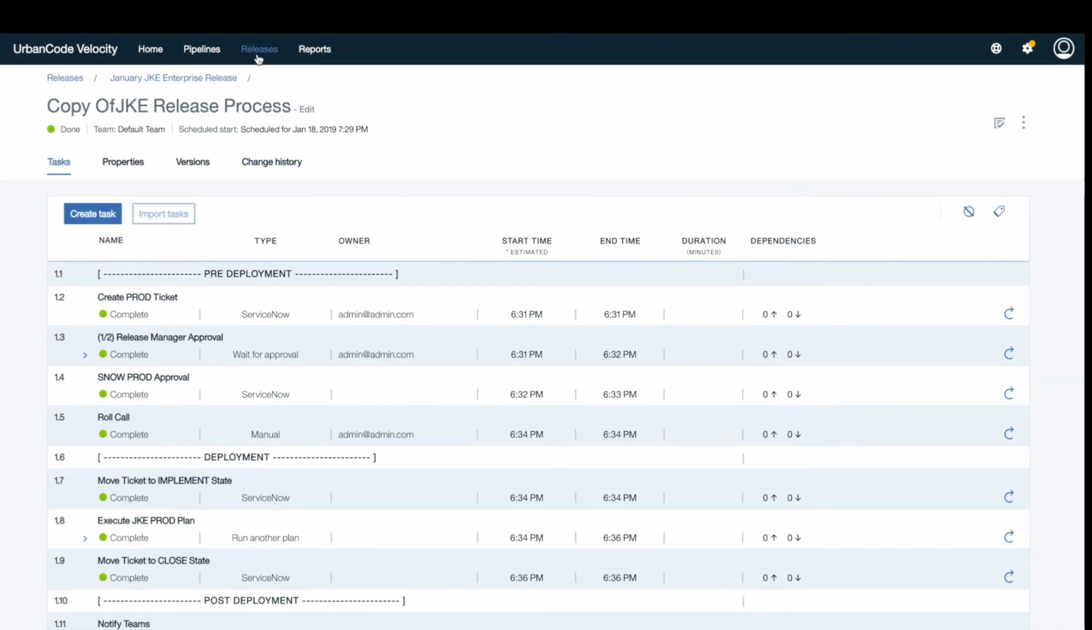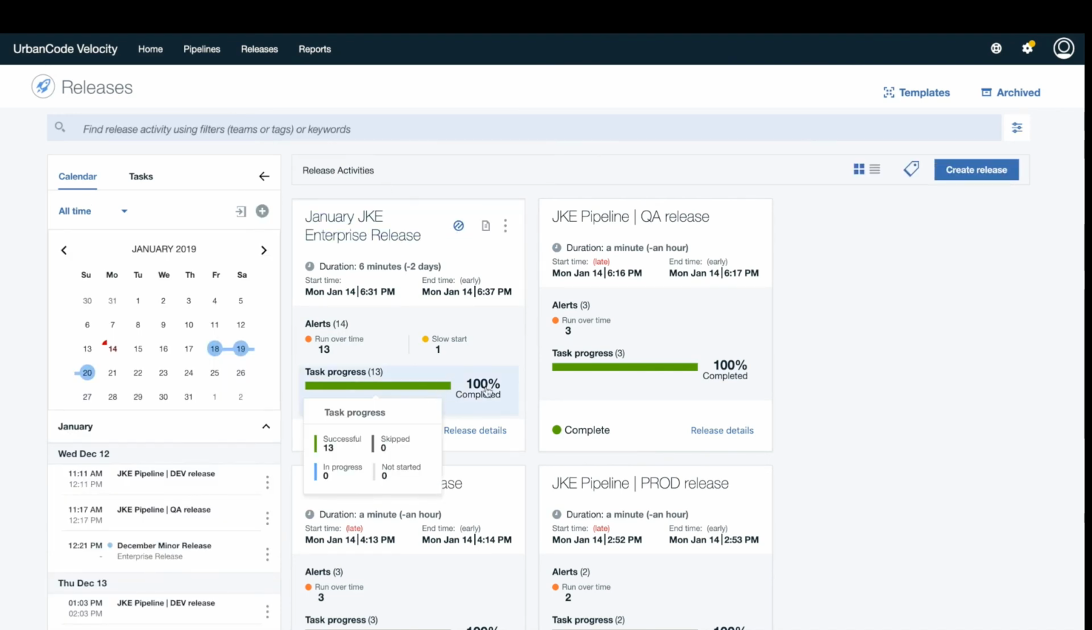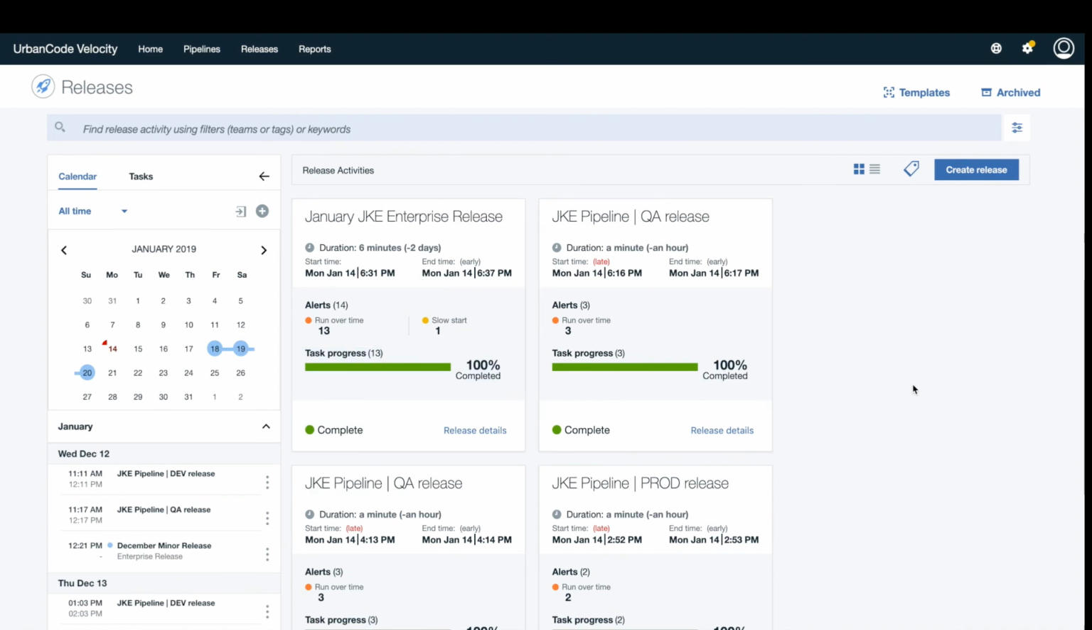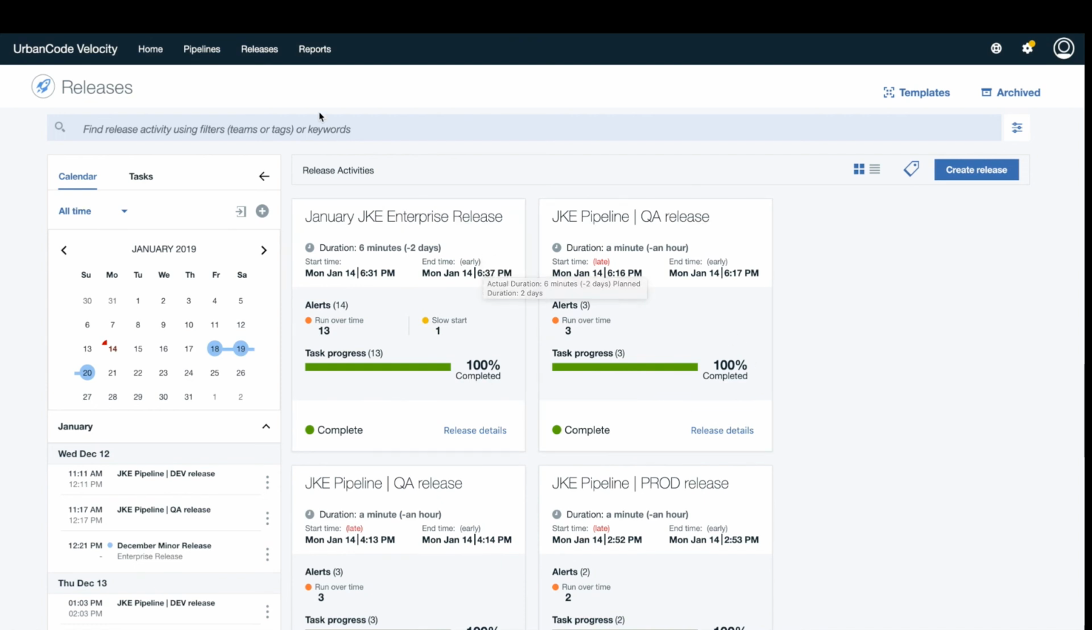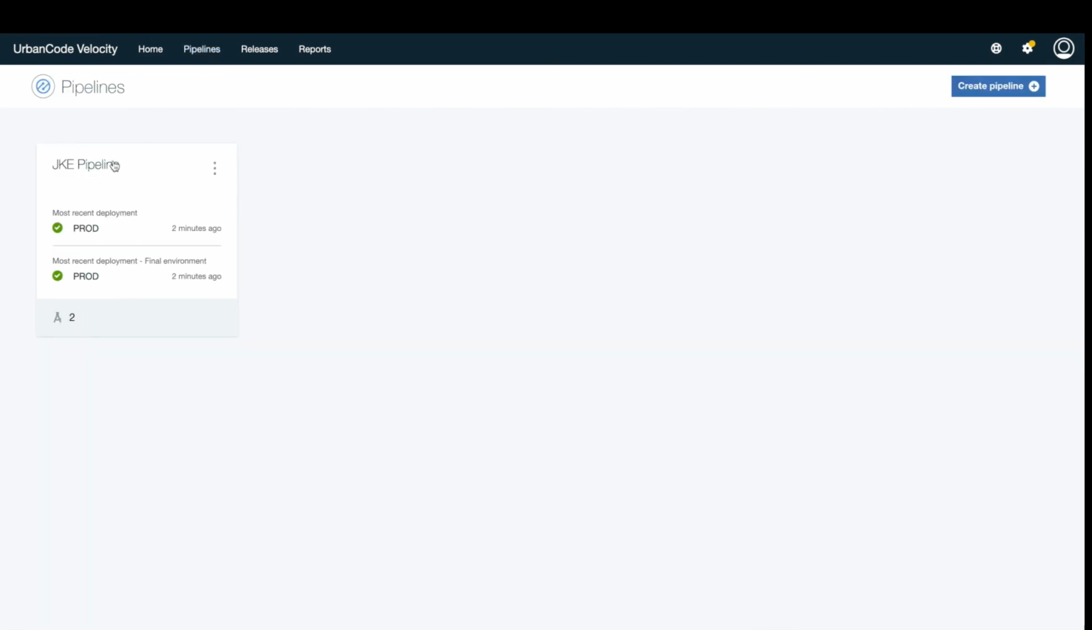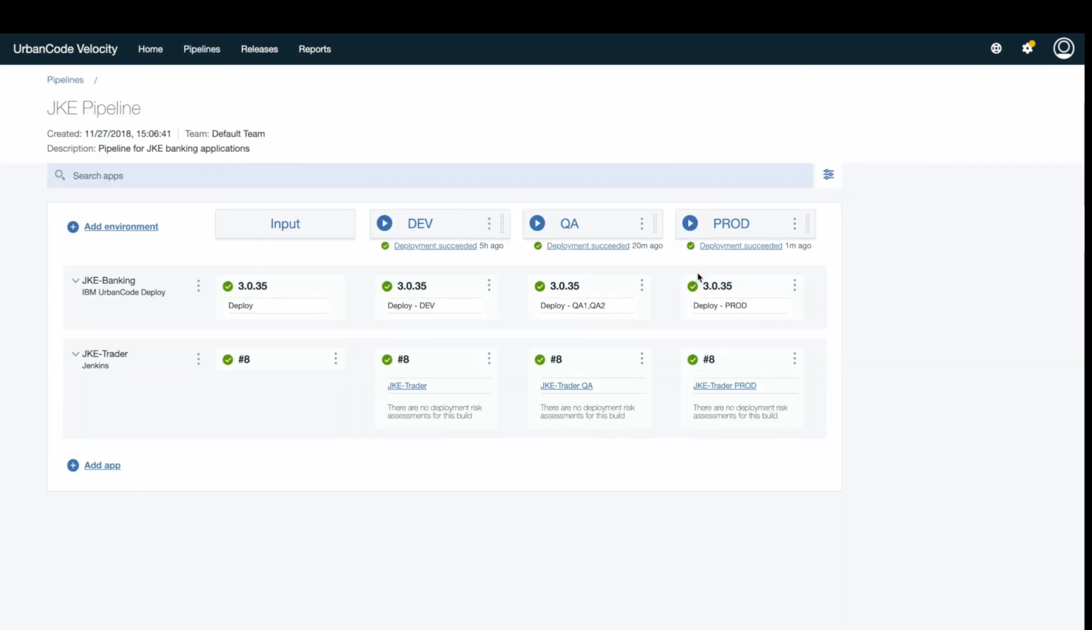If I go back to my releases tab, I should see my January JKE Enterprise as 100% completed. There it is, 13 successful tasks, 0 skipped, 0 in progress, and we get a little bit of metrics on that. We're a little bit early based on the dates I selected, so we're looking pretty good. And if I go to my JKE pipeline, which was what I added to that release, we can see that we have updated our inventory. The latest version